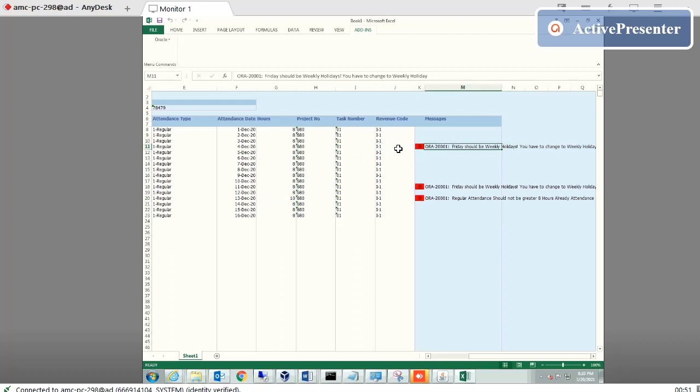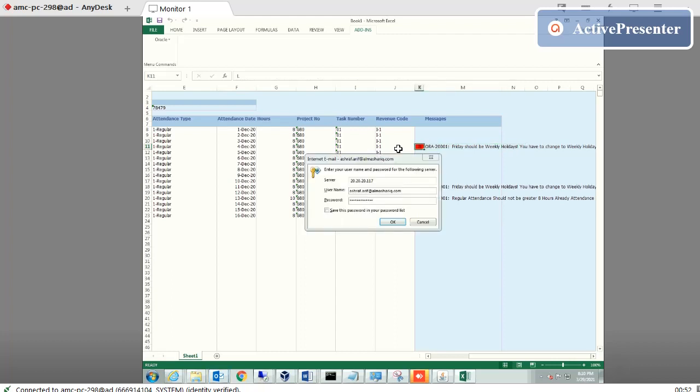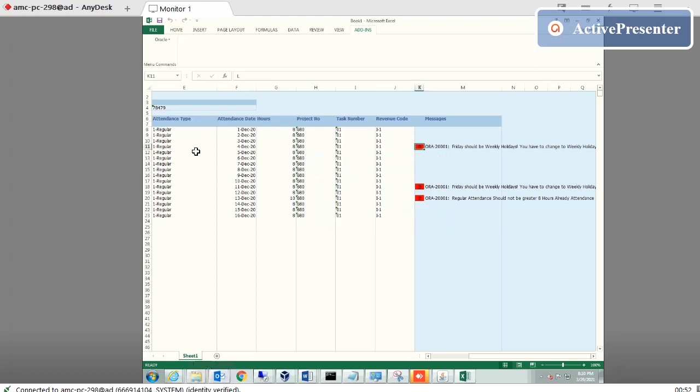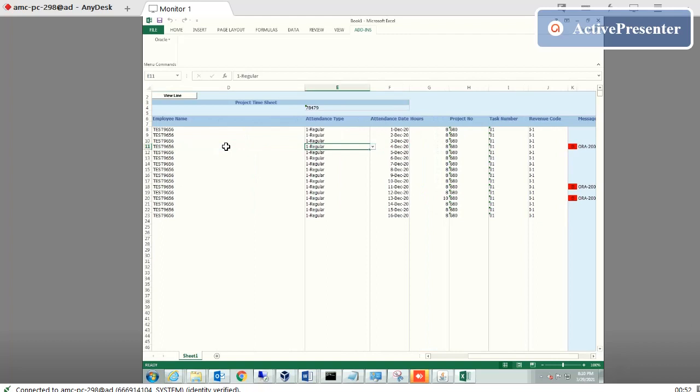This validation was developed by me. Suppose we have to make the weekly holiday a Friday. This is not the regular holiday, regular work. This should be a weekly holiday, so you have to select weekly. Let me check it out.